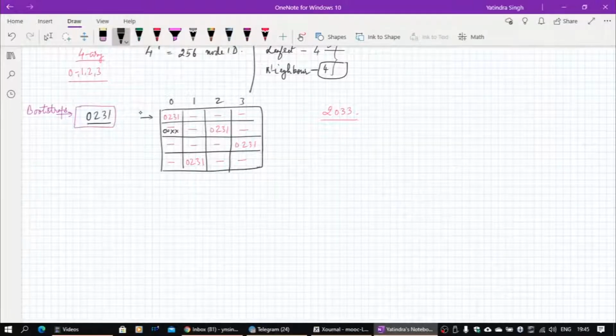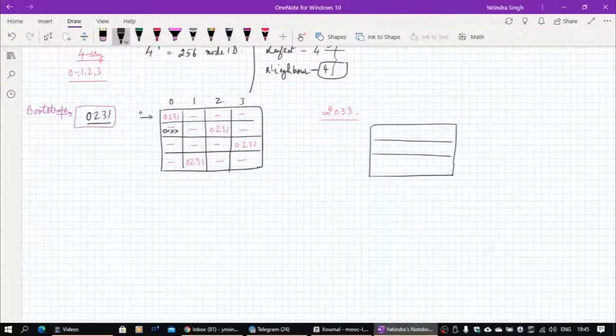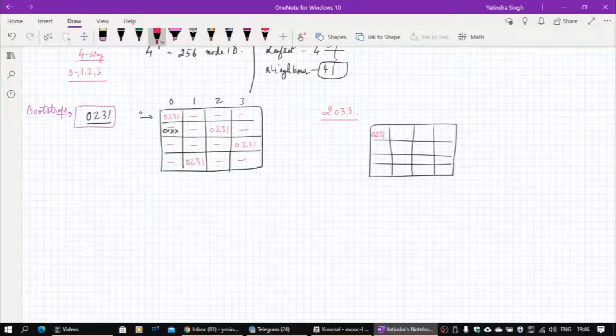2033 will populate its routing table based on the first row which is received. The first row contains 0231, which goes as it is. The second entry is not available, as there is no node starting with 1. The third entry will be 2033, which is itself, so it will fill that on its own.